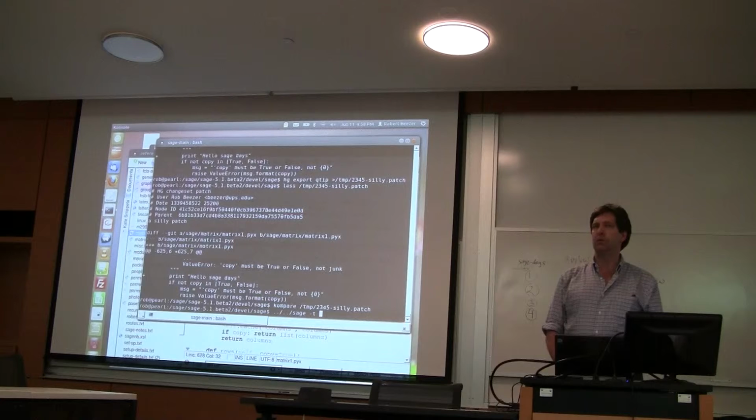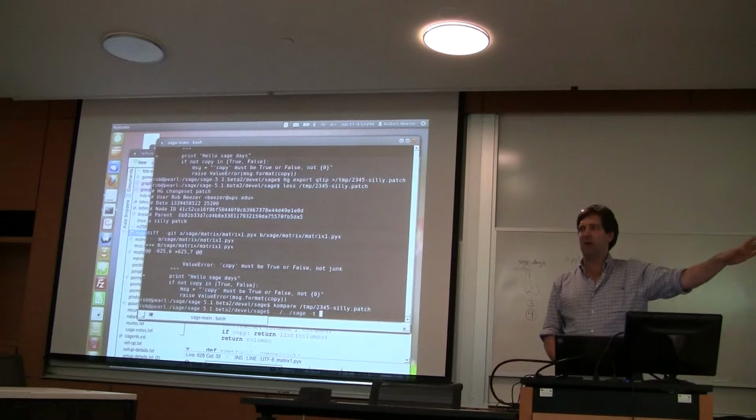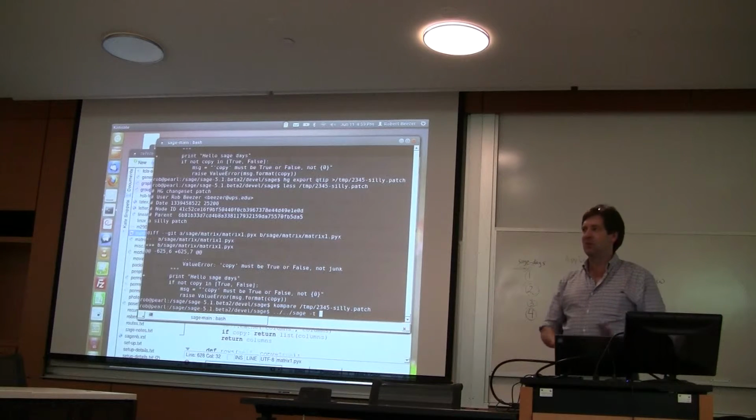I had a student change some code, and then way off in the doctesting code, there was a little test routine that would look for a string and then figure out what line number it was in. The code he had changed the line numbers, and then the doctesting code had a test and he broke that test. So he thought he was working on matrices, and he was, but something totally unrelated broke, just because he picked the absolute wrong function to be working on. So when you get started,